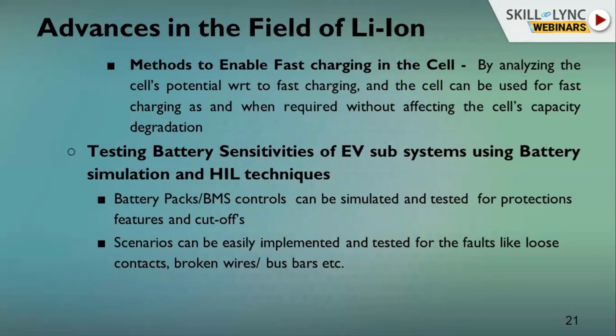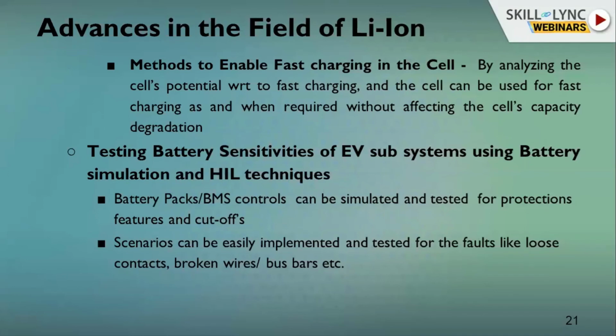There is always a threshold for the cell degradation capacity, so you cannot actually sense it by doing a cell test on the cell tester or module tester. This has to be analyzed at a cell potential level, which is the electrode potential level. You give the points there, and depending on the cell electrochemistry data, you do a discharge of the charge rate.